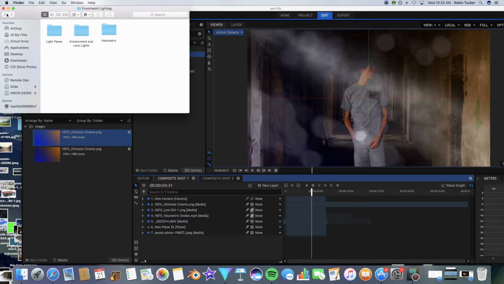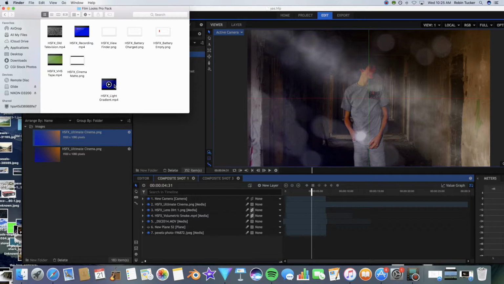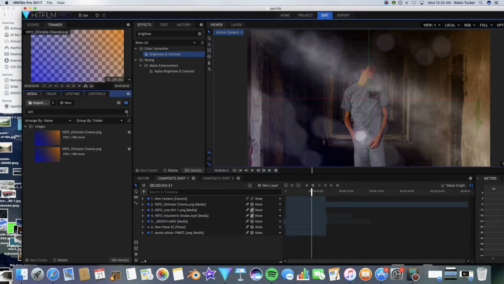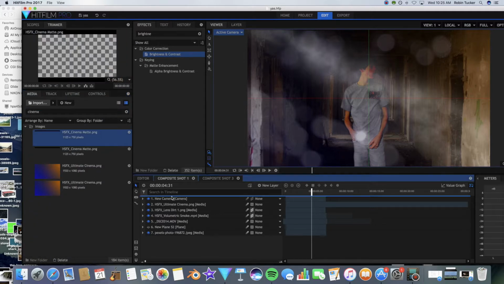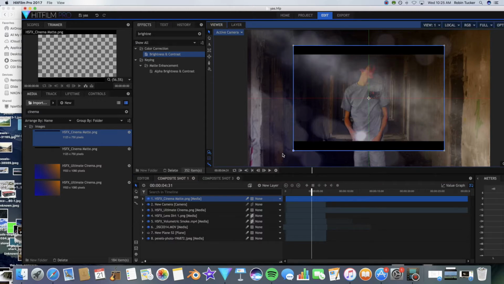And so then we are going to go to the Film Looks pack, and we're going to grab the Cinema Matte effect. We're going to drag it on to our timeline, just like that, above everything. It's going to go above everything, even the lens dirt. And we're going to drag it up